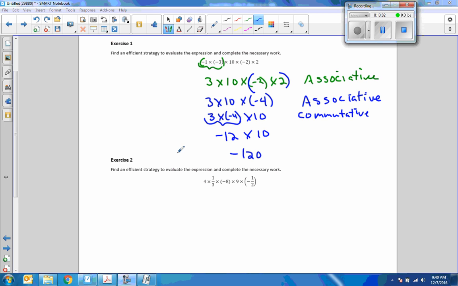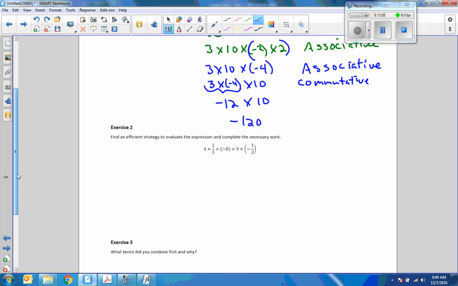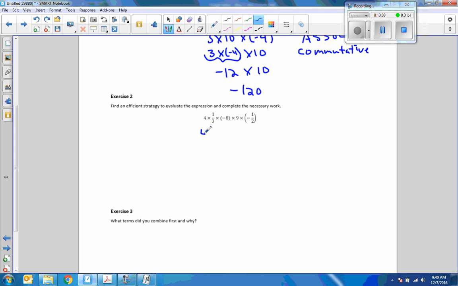Okay, now that we paused the video, I see fractions in this one, so I'm going to combine the fractions first. So I'm going to rearrange this. 4 times negative 8 times 9 times 1/3 times negative. There. Okay. 4 times negative 8 times 9 times negative 1/3. So the 1/3 went over here, and the 9 went over here. Okay, so the 1/3 simply moved over to here, I guess. So when we rearrange things, that's